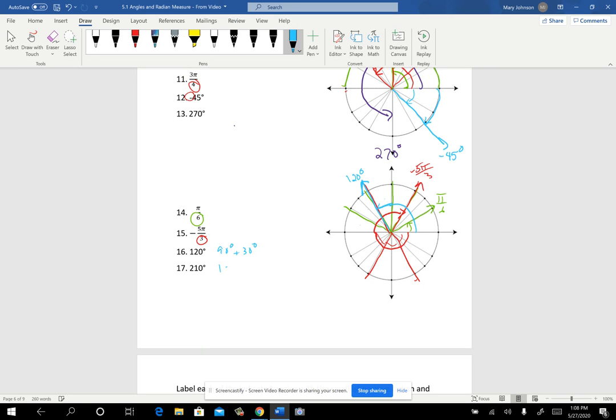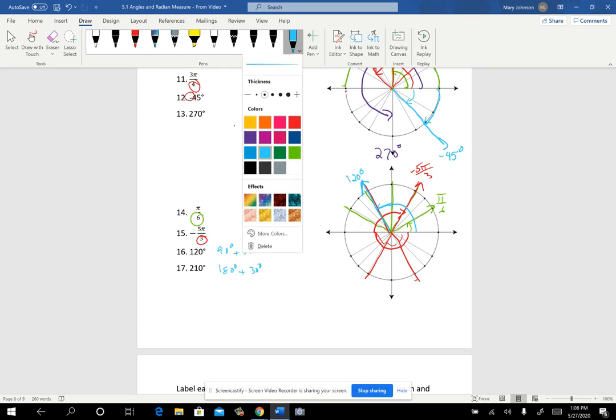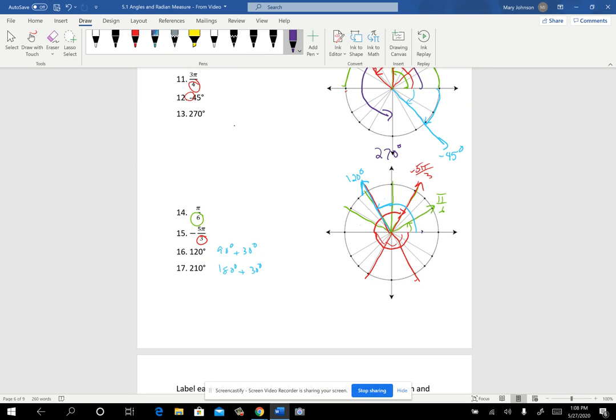Okay. All right. So with this one, I kind of thought of it as 90 plus 30 more. With 210, I might think of it as 180 plus 30 more. Okay, so for that one, let me start. I have to go around 180 and then I have to go just 30 more. So that would be just to here. Okay, remember how that would be 3 equal spots. So that would be 30 more. So this right here, this angle that goes all the way from there to there would be at 210 degrees. Okay. All right. And so now kind of getting us ready to consider